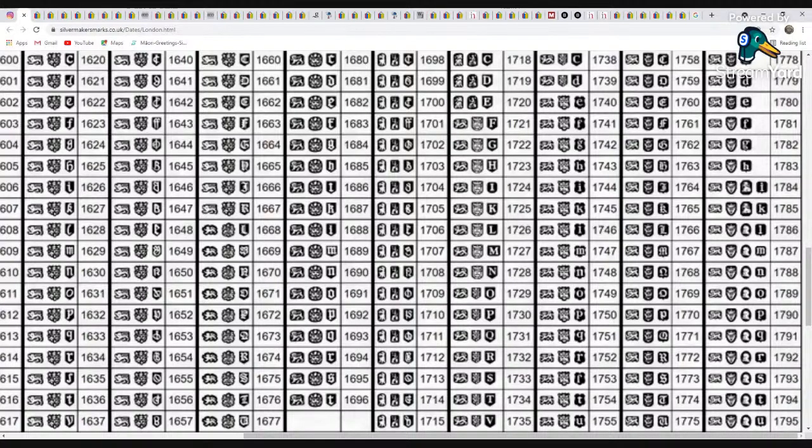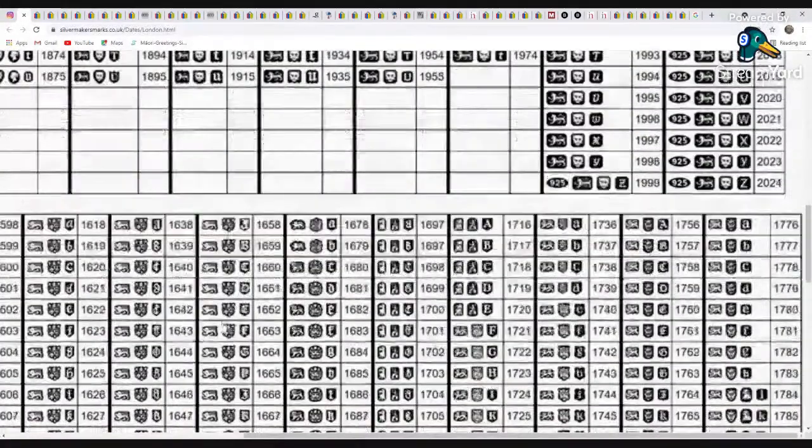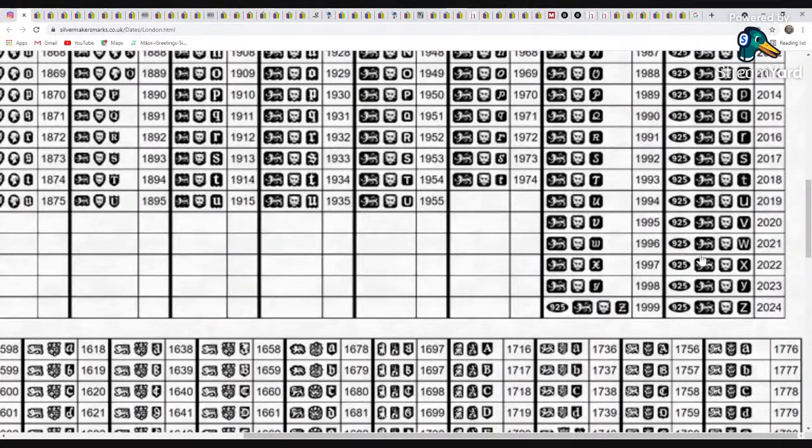And those marks stay right through Victoria's reign up until 1890, where there was no longer a duty paid on the assaying of sterling. So this panel here goes, as you can see, straight from the earliest known dates, 1544, right through to 2024. Oh, wow. And you can see that in addition to the lion passant, they've included the 925 hallmark, and they started to do that here in